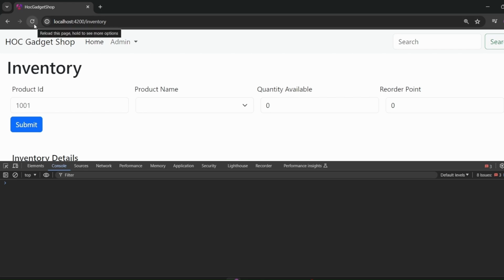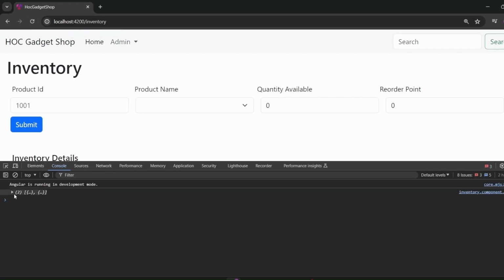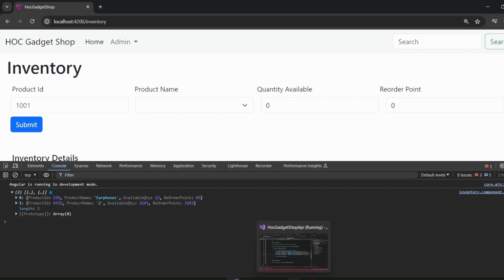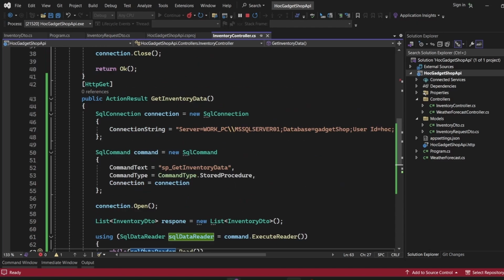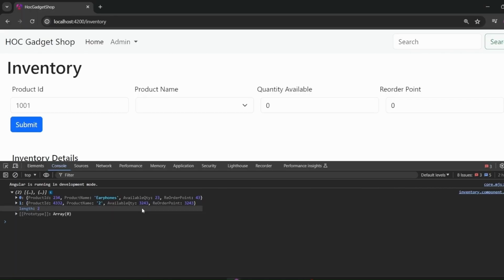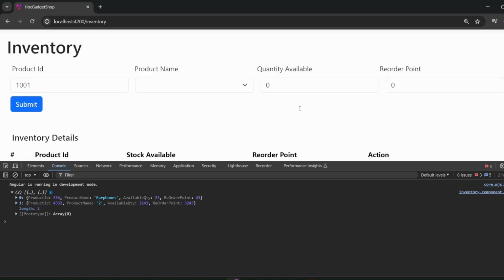We'll do a refresh of the page. And now we see over here that we are getting the response from the database on the web application as well. So whatever is being passed from the get method on the web API that we have created, we are successfully getting it on the front end as well. So that connection is successfully established.